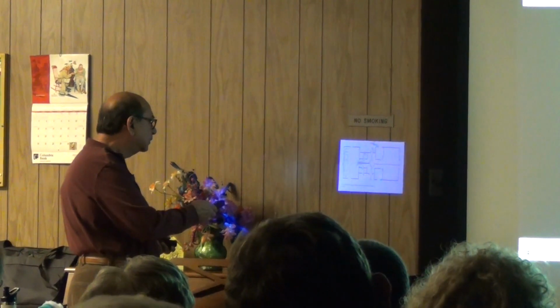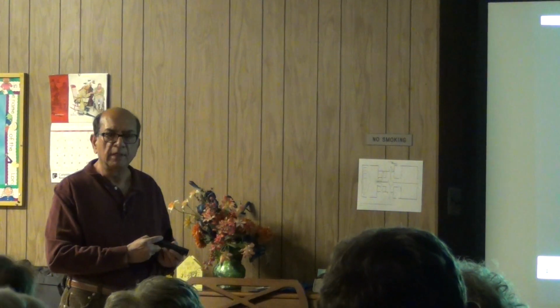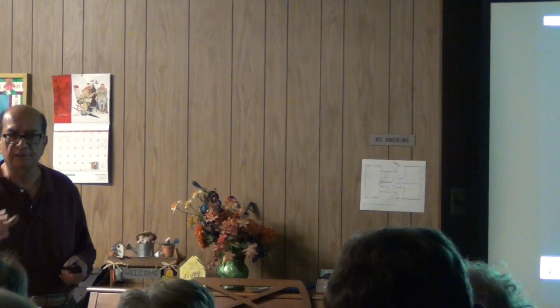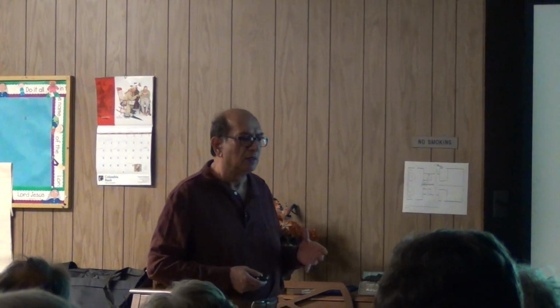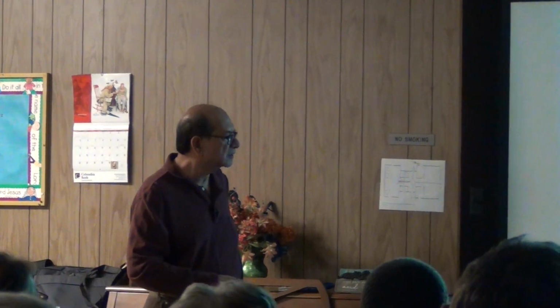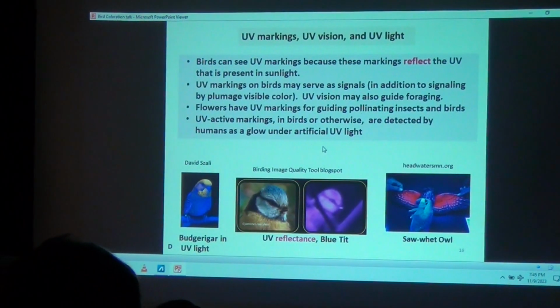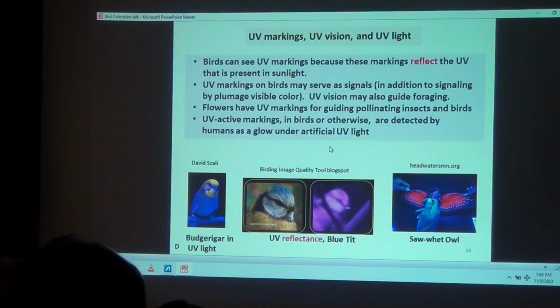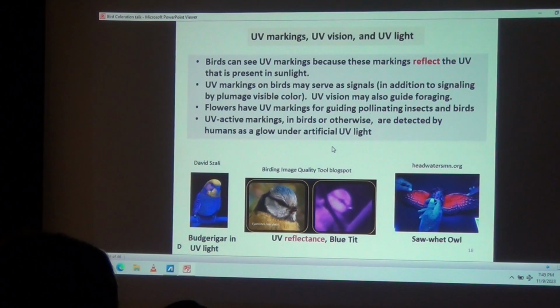It looks a little blue because it's at the very edge of what we can see. Also, the filter and the LED are not perfect. They don't perfectly filter out all the visible color. So this is kind of a shortcut for humans to be able to visualize UV markings. And you can see on the left here, this is a budgie in UV light, and you can see the yellow glow. So the way this works for humans is that these UV markings will glow in colors that we can see.